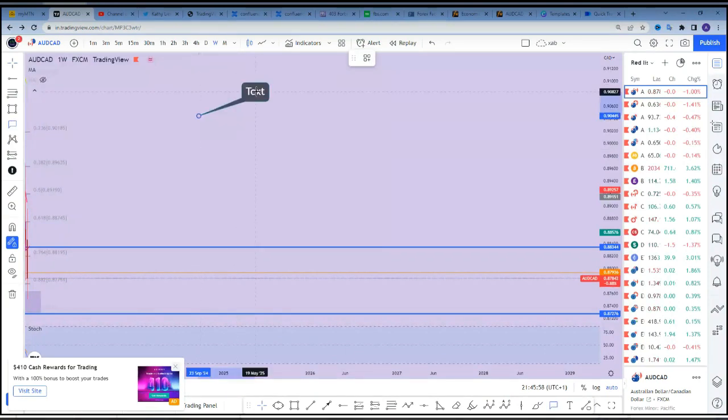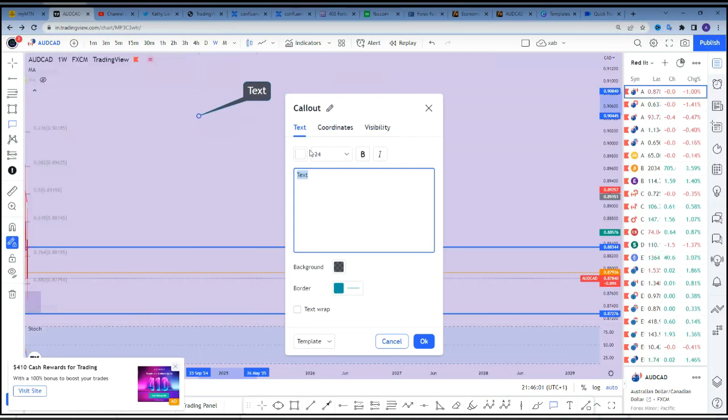In order for a strategy to work and deliver profits for you, it must be able to show you the direction of the market. Number two, it must be able to show you the entry and exit. And three, any strategy that will work for you must be something that is consistent. It must be consistent.